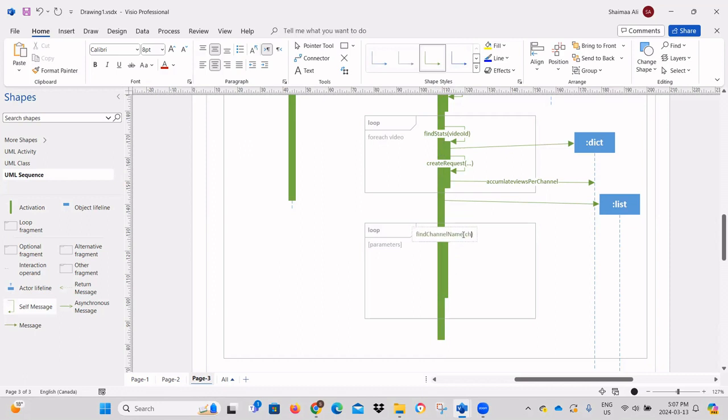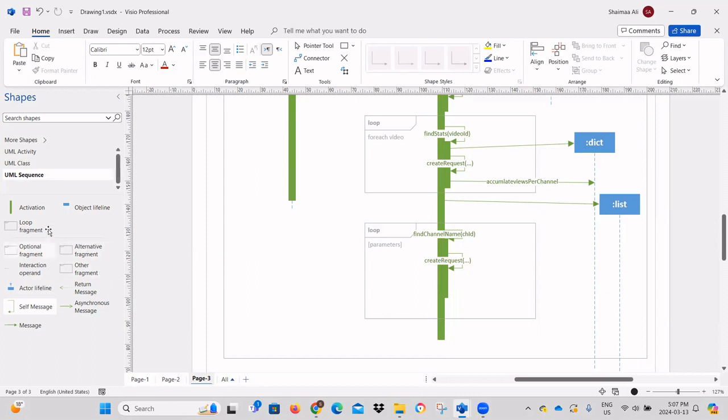And we send it the channel ID. And then inside of it, we're gonna need to create a request and do all the steps that is needed to connect to the YouTube channel, the YouTube data API. Okay, based on what comes out of the execution of the request,